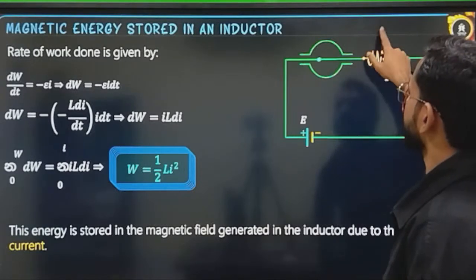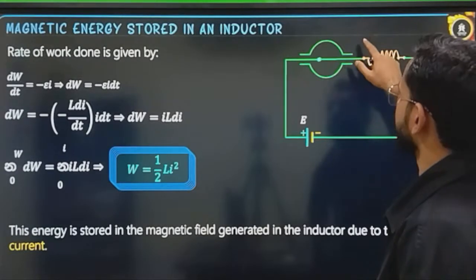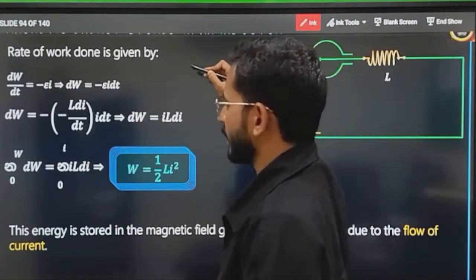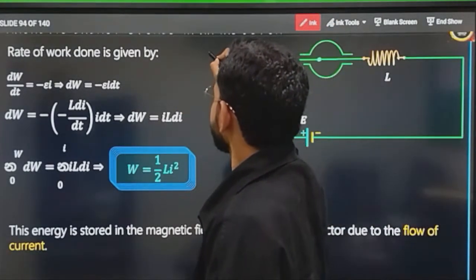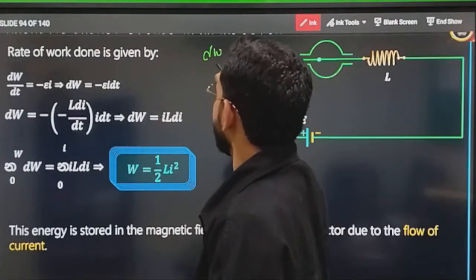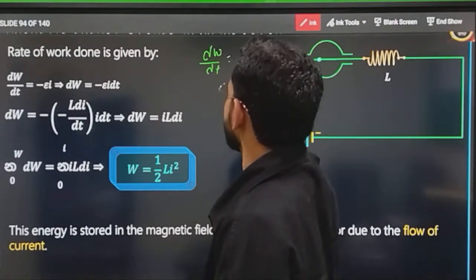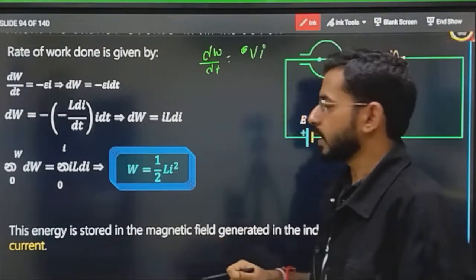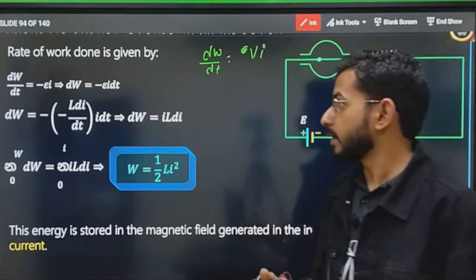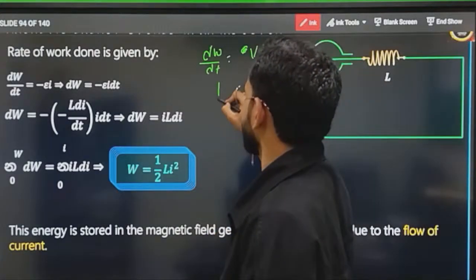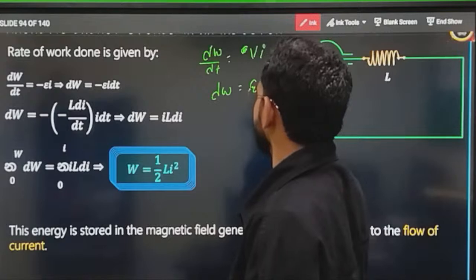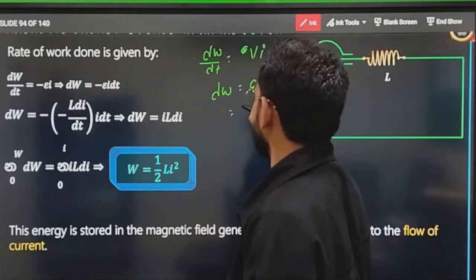If we have to write energy, let's write about energy also. Why skip that? Tell me, my students, how will you be writing energy? You know that we write power as dW by dt, which is equal to what? V into I. So dW, the work done, can be written as E into I into dt. And what is EMF? EMF is nothing but L di by dt